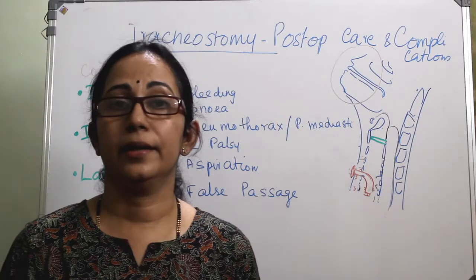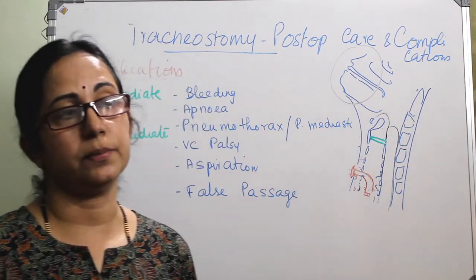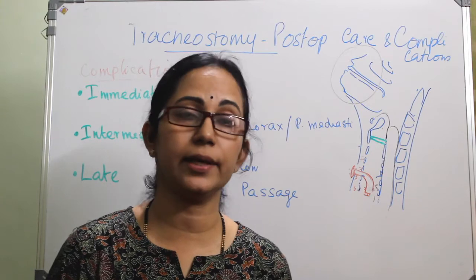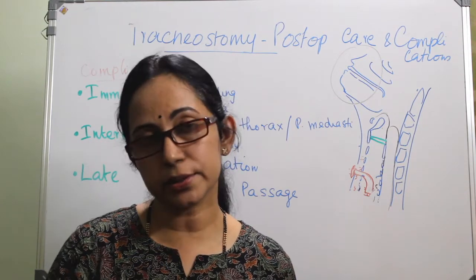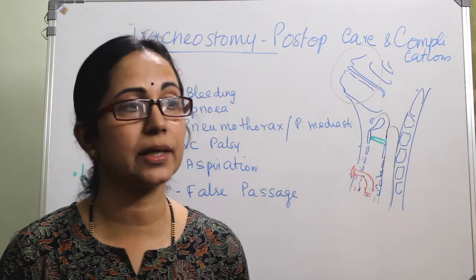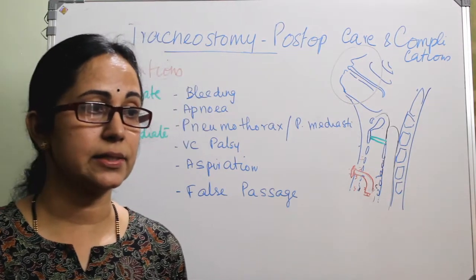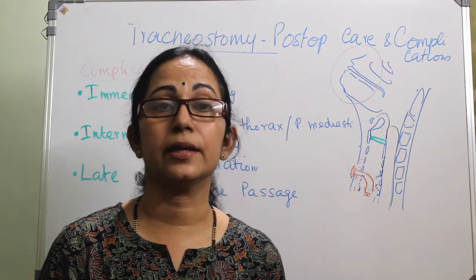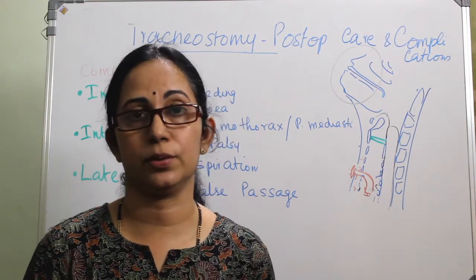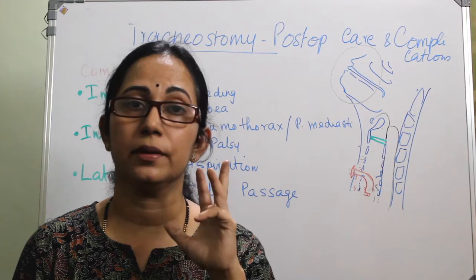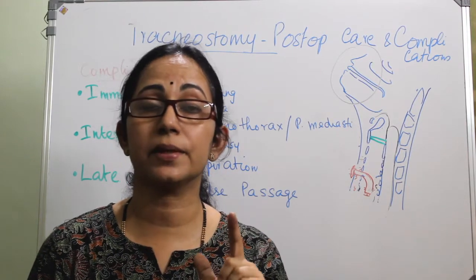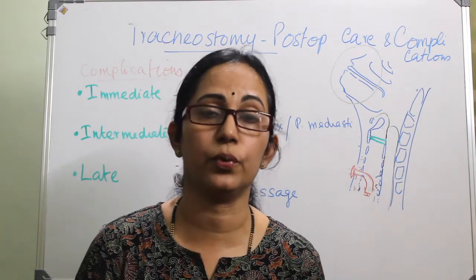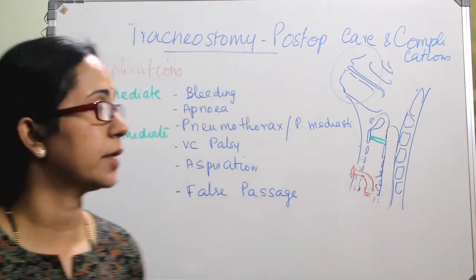Okay. And next is complications of tracheostomy. We can divide them into immediate, intermediate and delayed or late complications. All these complications are more common in pediatric cases, the obese, head injury patients, immunocompromised and burns patients. These 5 categories are more prone to complications during a tracheostomy.